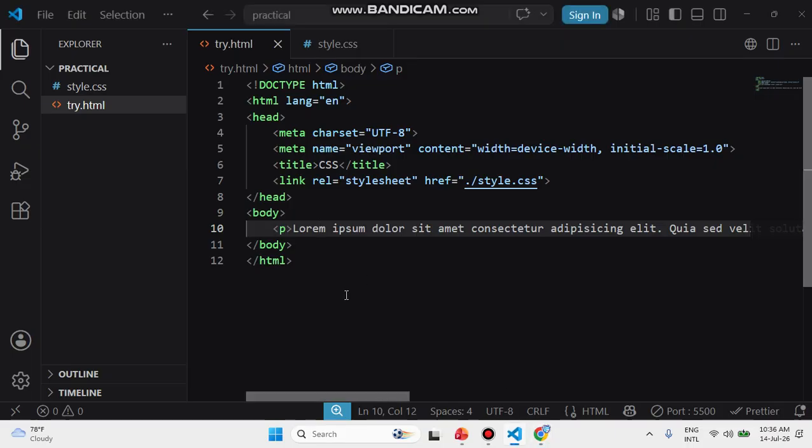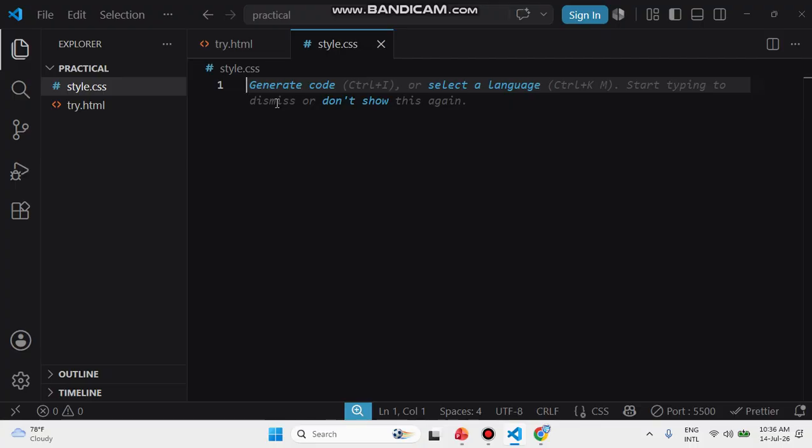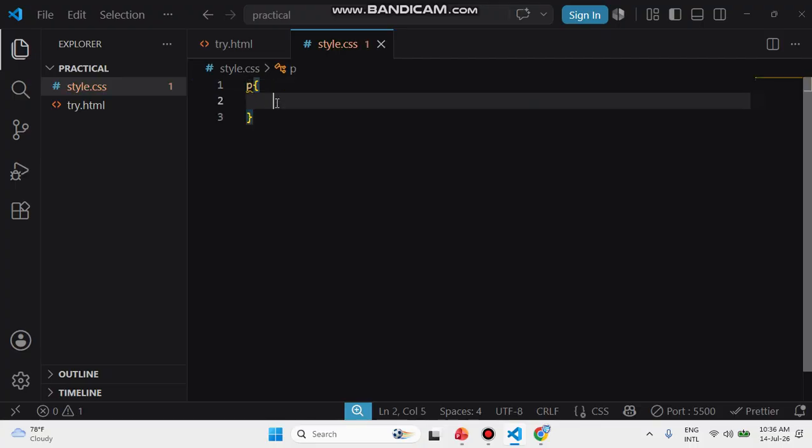Now let's go back again inside your code. What I am going to do is put a paragraph tag open and a paragraph tag close. Okay. Now in that paragraph tag, let me explain what I want to teach over here. Let me write it in a comment, so you